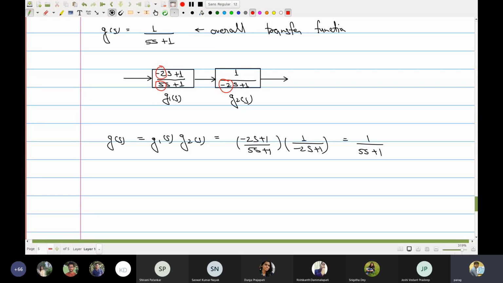I encourage you to find out under what condition. In fact, today we will look into such a problem, but in general, you should find out under what condition you have the poles which are on the left hand side of the origin, and when you have the poles which are on the right hand side. When do you have zeros which are on the left hand side? When do you have zeros which are on the right hand side? And the combination. This is something which I am leaving as an exercise for you. But your overall transfer function looks like this.